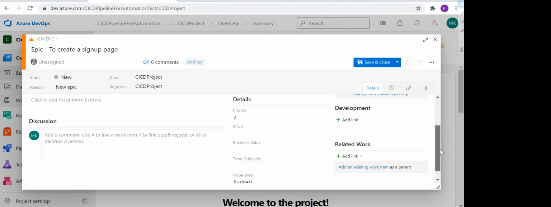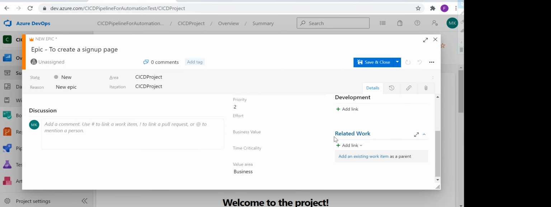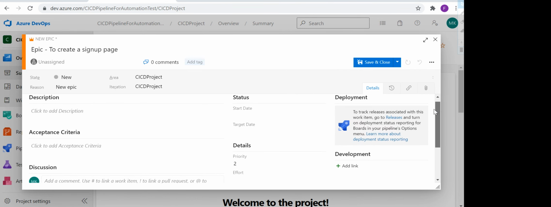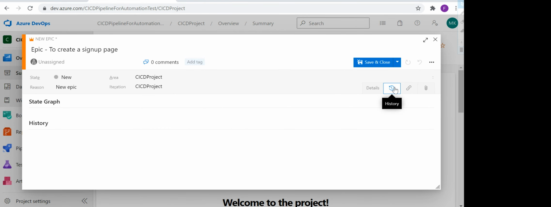Then here you will see a few links. One is details, where you'll see the related work items linked to this particular epic. The development links means your repos and so on, and the next option is history.